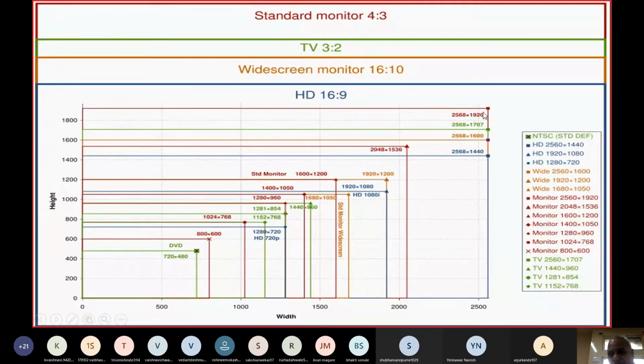And then below this figure, it gives you various HD standards as far as the National Television System Committee (NTSC) standards are concerned, what the wide sides are, what monitors are available with different pixels, and what the TV is capable of. Nowadays there is little distinction between monitors and TV, but every monitor has a different proposition, and TV has a different proposition.